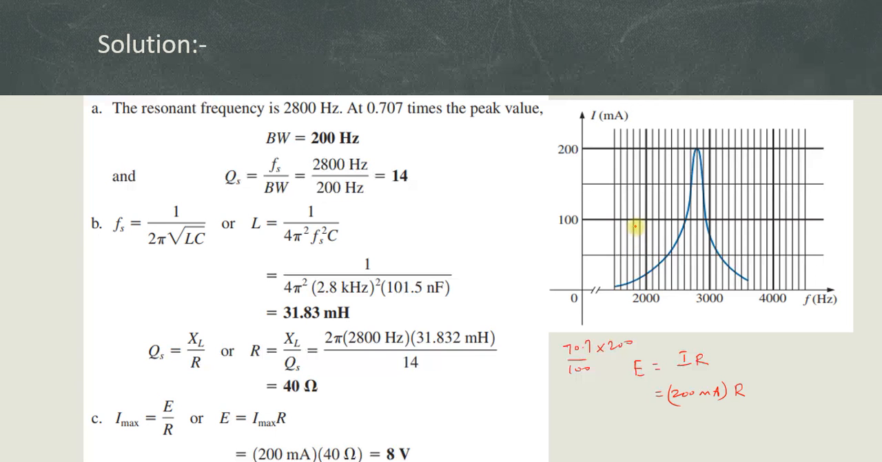Okay, so this is the corresponding value, which is equal to around 141.4 milliamps. So it is around 150. I just draw the line here approximately. So this is the corresponding 0.707 value, just drawn here. Okay, this point is around